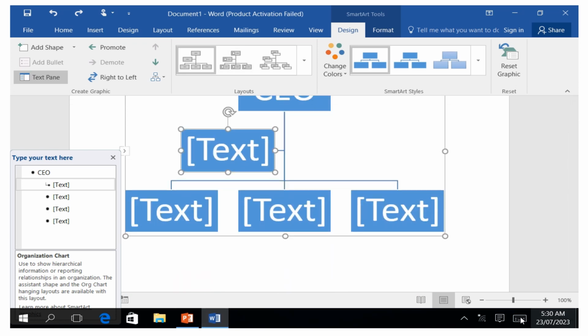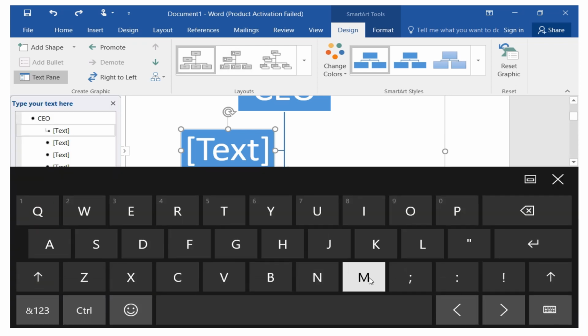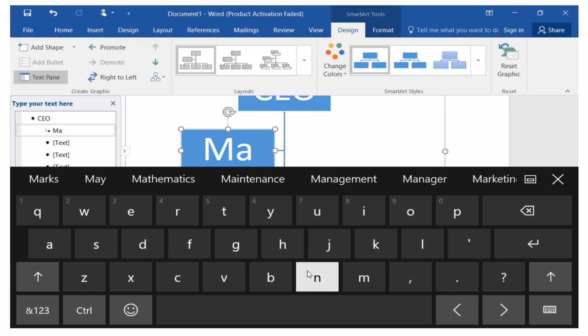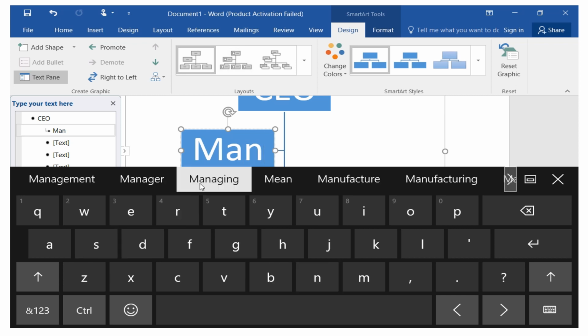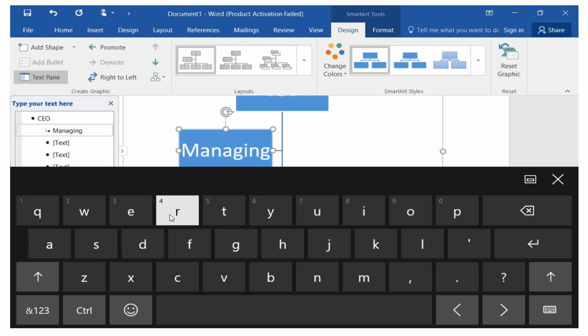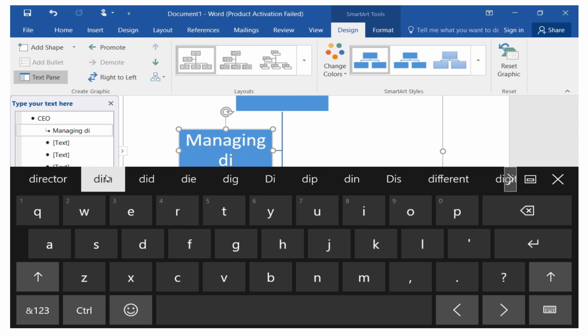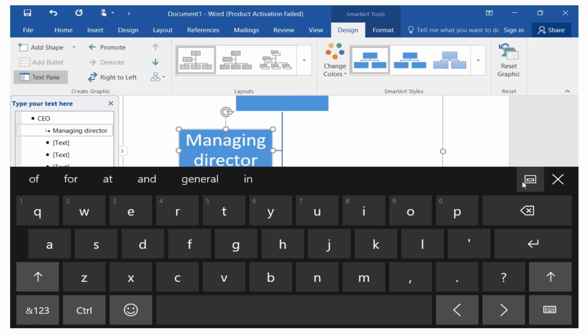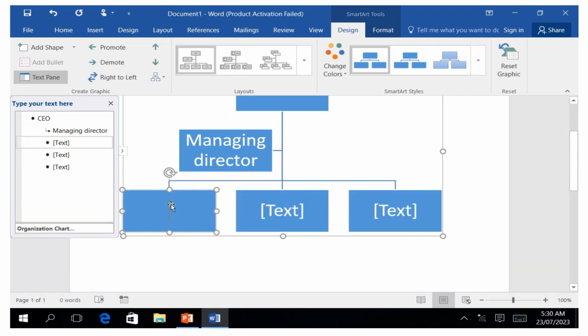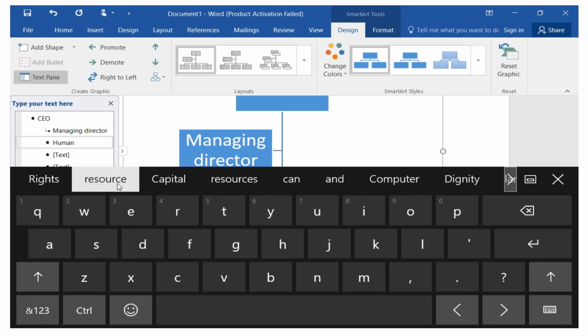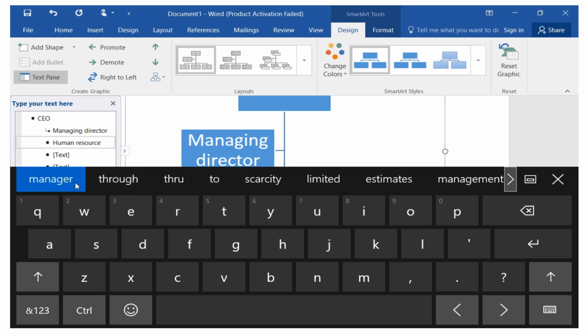So I have the managing director here, and then from there I have here, and remember here was the human resource manager,